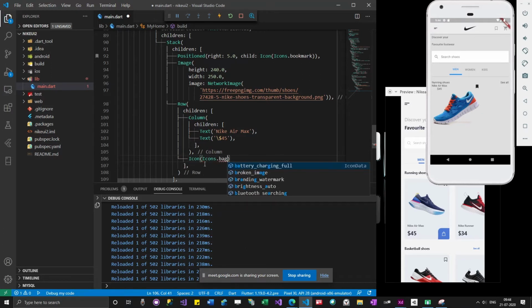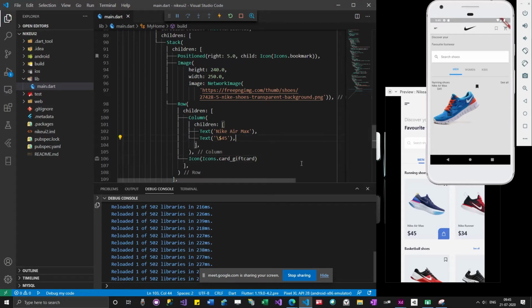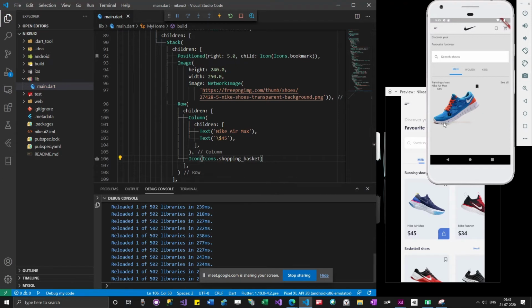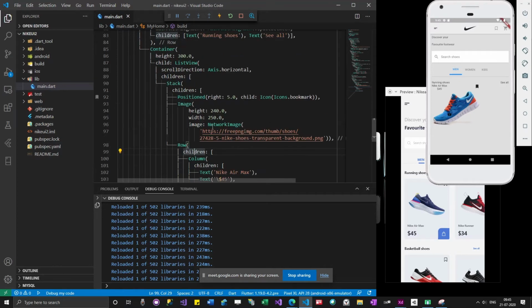Icons dot bag, icons dot some shopping. So let me see what is that icon. Okay, shopping basket. So some icon is appearing over here on top of the shoe, but anyways we'll move that using the position widget.